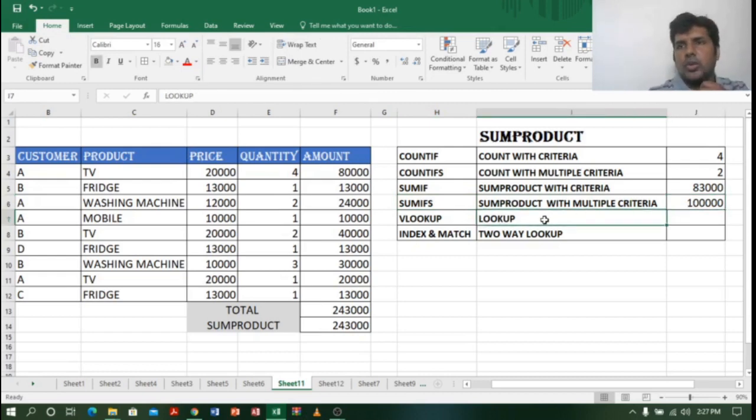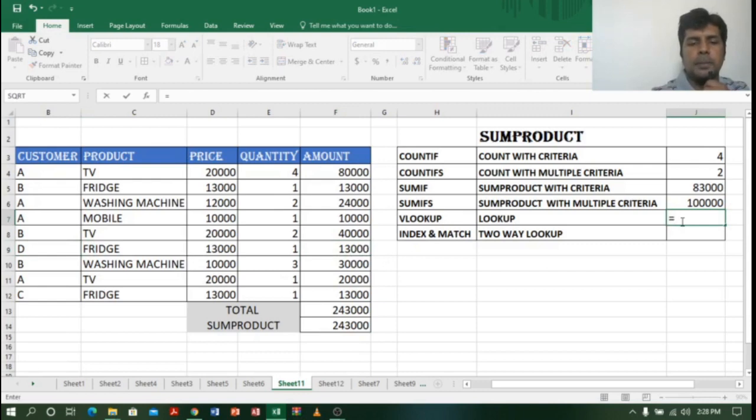Generally if you are searching for a lookup value, you will use VLOOKUP for a vertical table, right? But instead of VLOOKUP, I am going to use sumproduct, and let us see how this will work. For example, I want to find customer D's sales amount. To do this, I will type is equal to sumproduct.